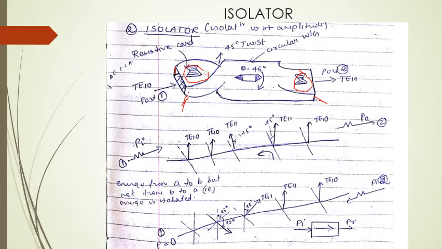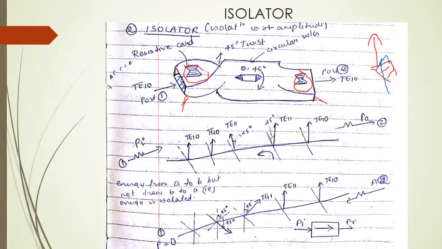The function of the resistive card is this: whenever an electric field is in a direction perpendicular to the resistive card, suppose a resistive card is over here like this and an electric field is passing through it, then it will allow it to pass. But suppose the resistive card is in this direction and you have the electric field coming exactly parallel to it, then the resistive card will absorb it. So I repeat, an electric field in a perpendicular direction will be allowed to pass through the resistive card, but if in a parallel direction, it will be absorbed by the resistive card.